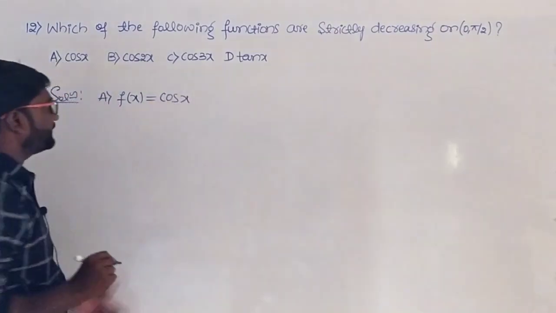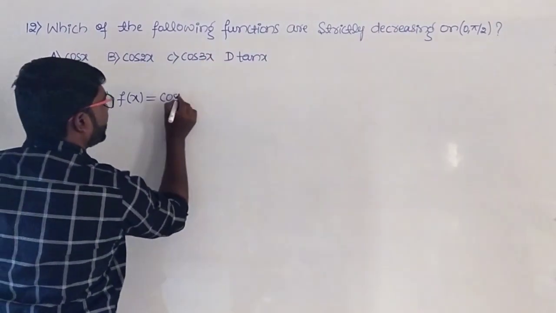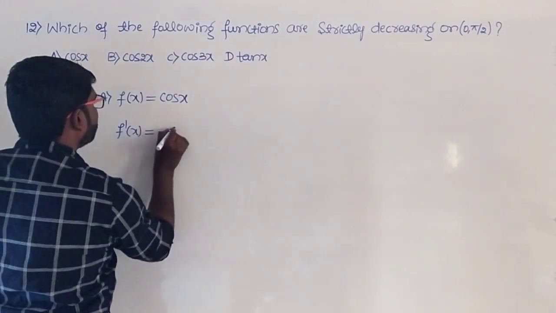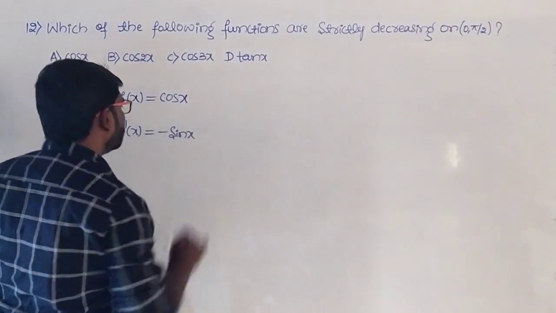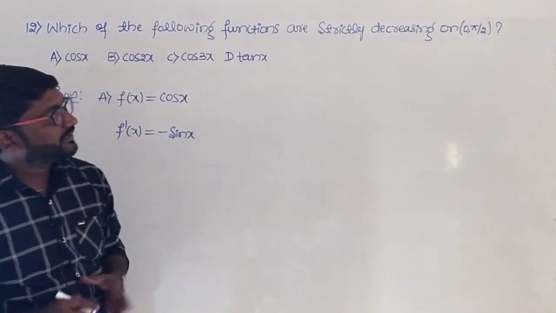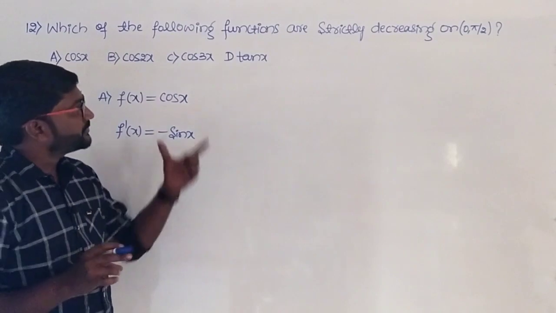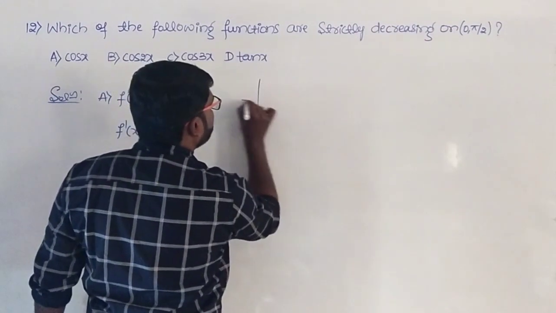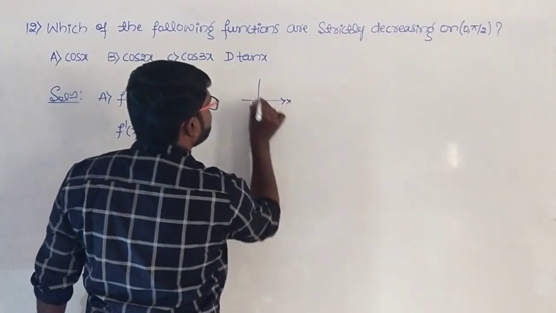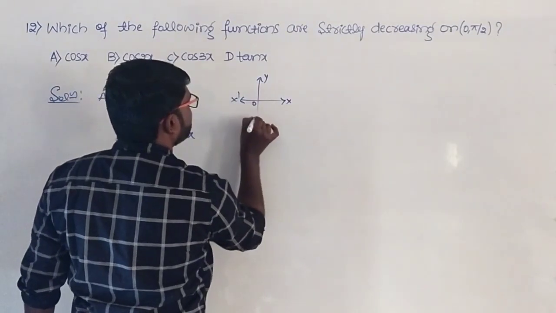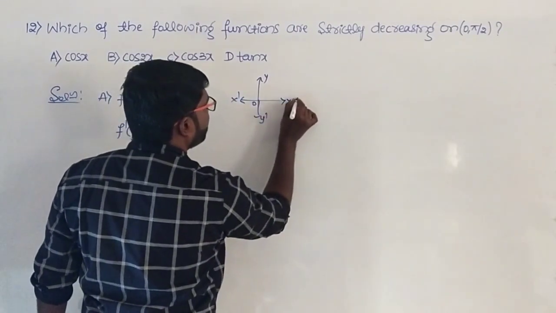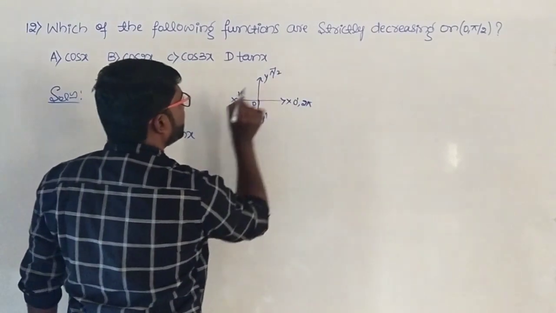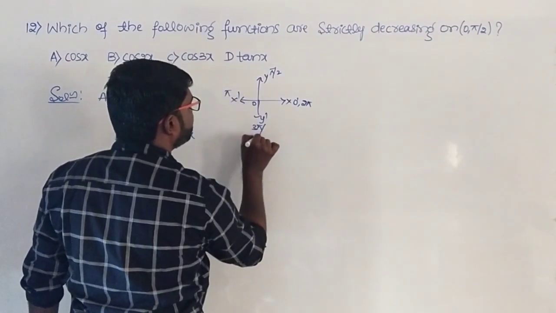Now let us go for the derivative of this. What is the derivative of cos x? It is minus sin x. So differentiation of cos x will be minus sin x. Now we have to consider the given interval, the open interval 0 comma pi by 2. So for that interval you will have to evaluate f dash of x. So here we'll take the graph. This is the x axis, y, x dash, this is y dash. This is 0 degree or 2 pi radian, and then this will be pi by 2, this will be pi, this will be 3 pi by 2.